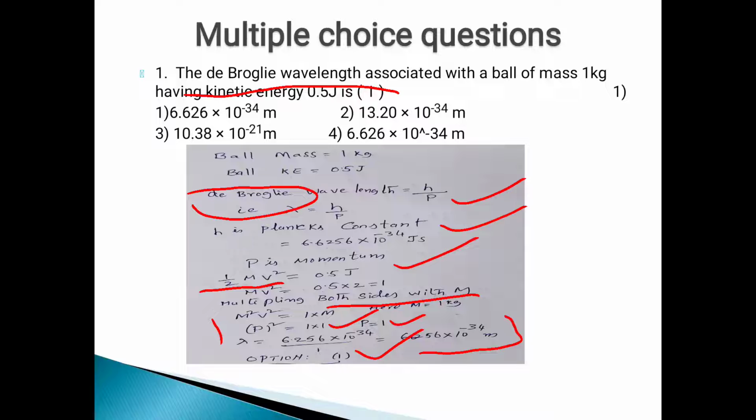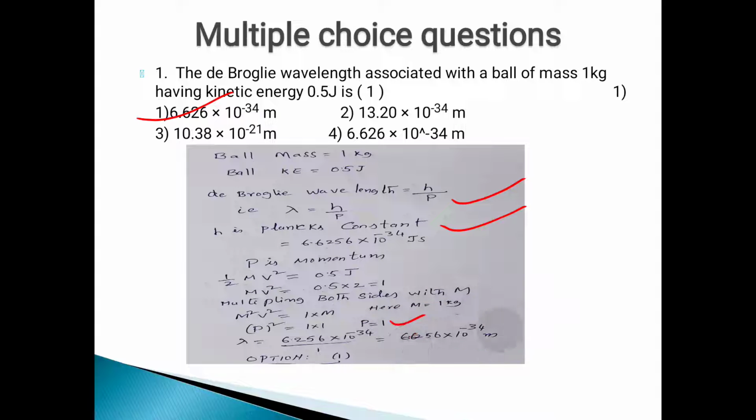That's why in macro particles, that is, bigger particles, we cannot sense the wavelength. Whereas in microparticles or fundamental particles, we can get a wavelength which can be appreciably sensed. So, though macro particles have a wavelength, we are not able to sense it. Here the option is 1, and I have explained how to solve this one. It's a very simple one. Only thing is you have to apply your principles